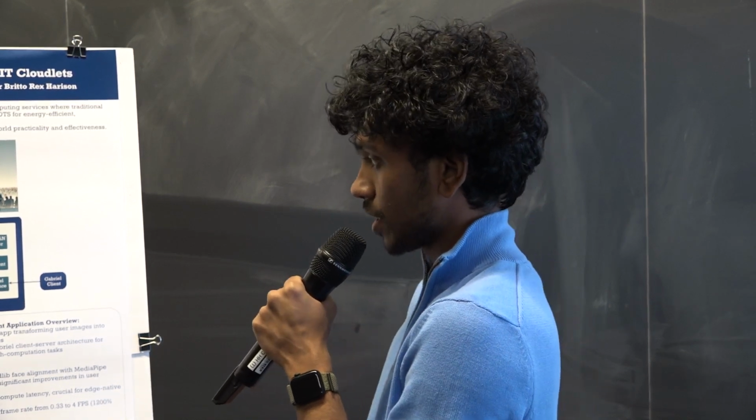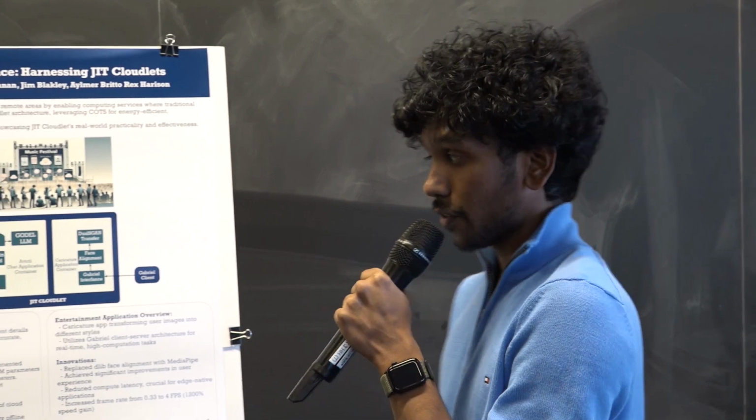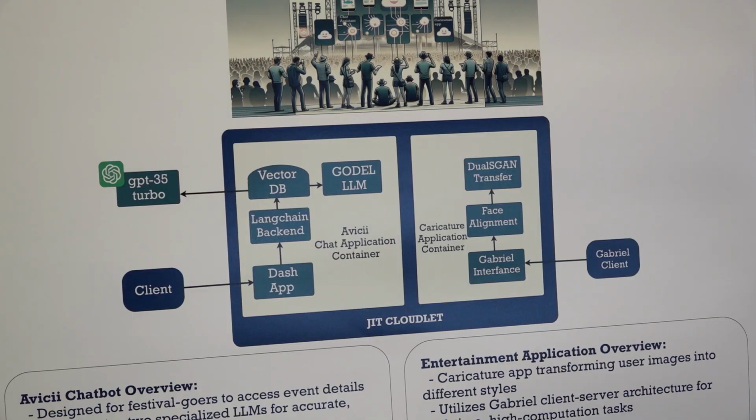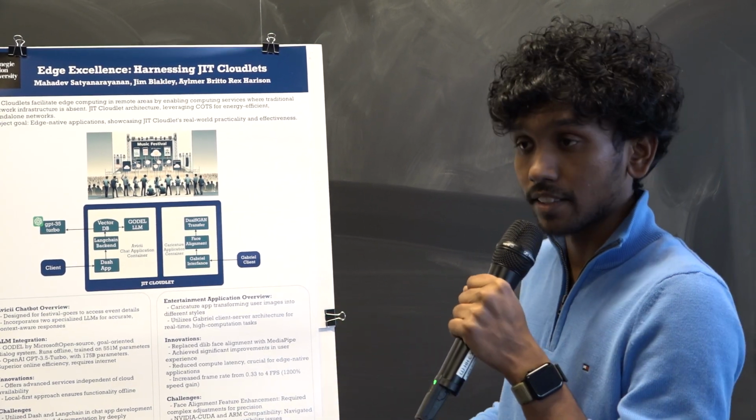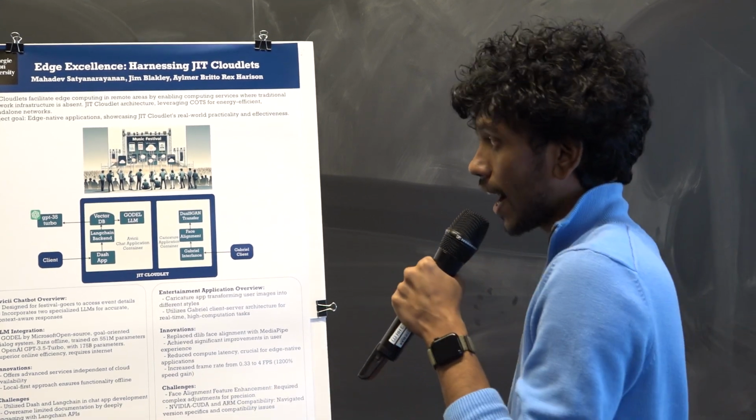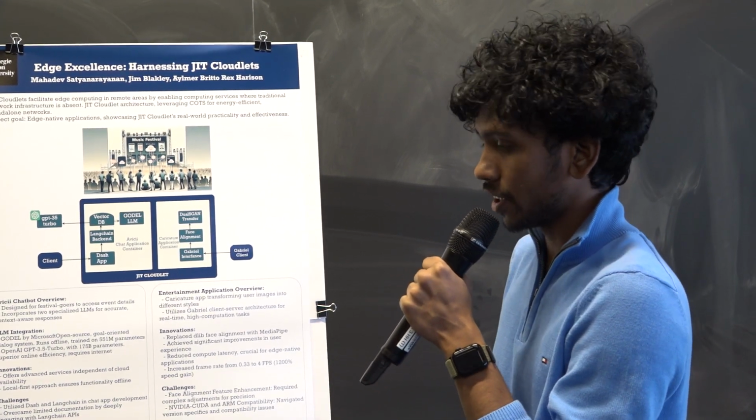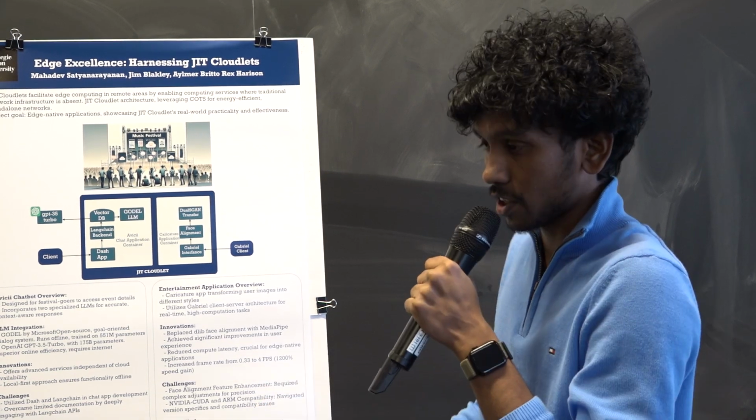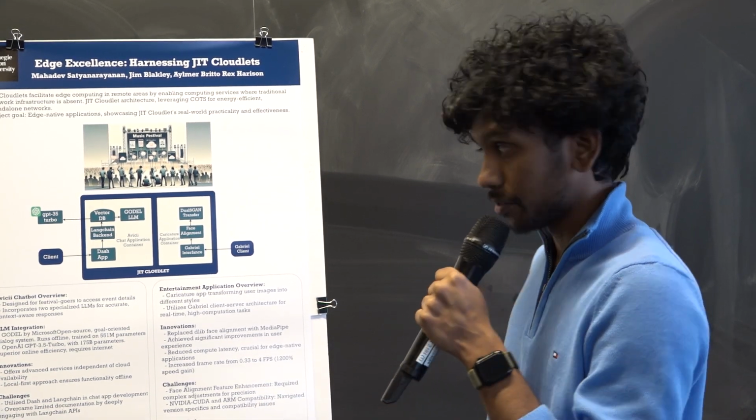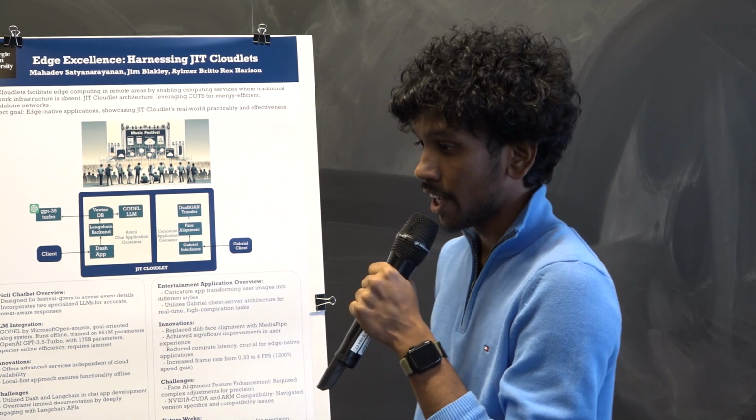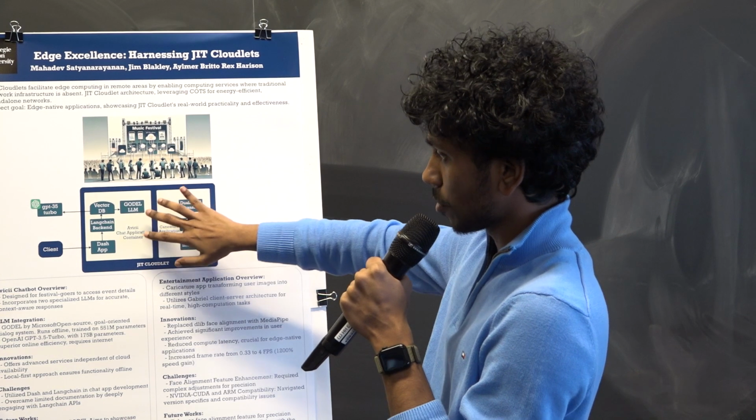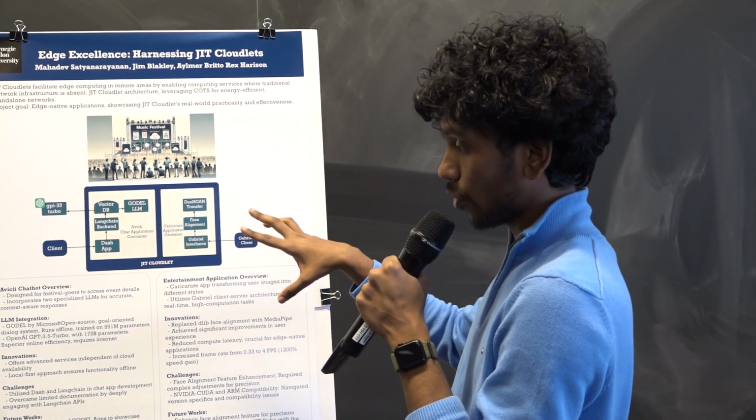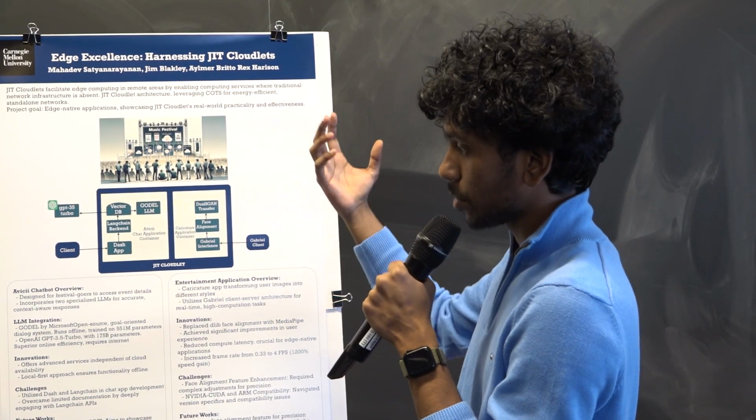Now, circling back to the first application, it runs two LLMs. The first LLM is the Godel model, which is a Microsoft model, which is open source, and which is specifically designed to be fine-tuned for a specific task, such as answering questions based on a music festival. And the second one is a GPT-3.5 Turbo model, which is backing the infamous ChatGPT. The thing with the GPT-3.5 Turbo model is that it is not ideal because it has to rely on an internet connection. The thing with the Godel model is that it can still perform well, and it performs locally,